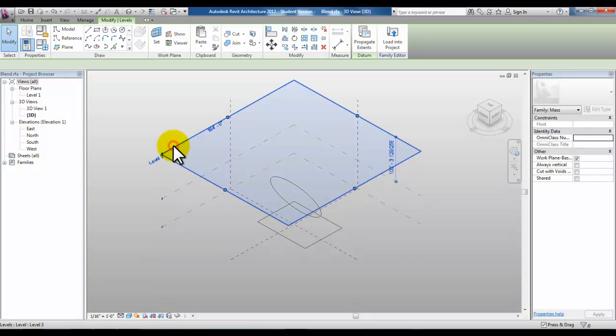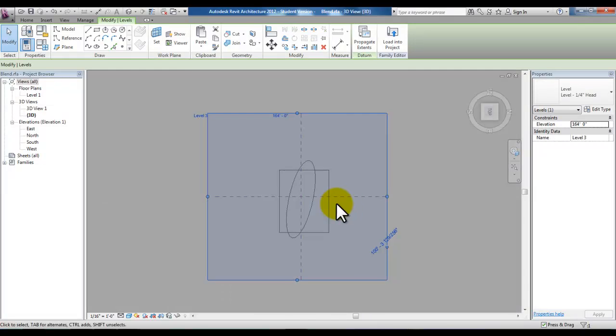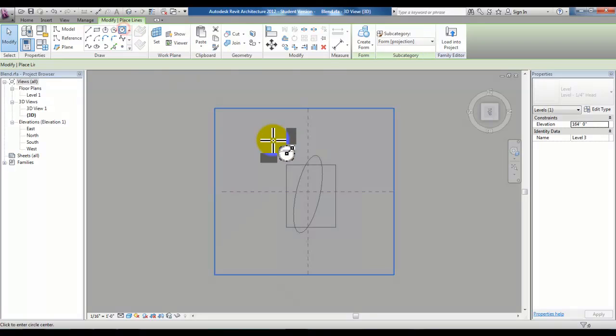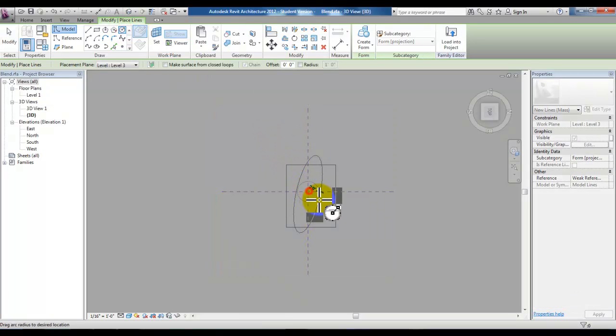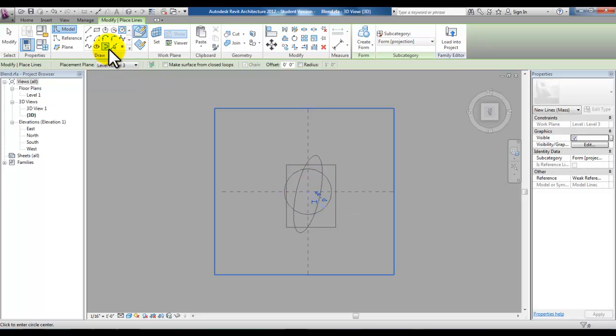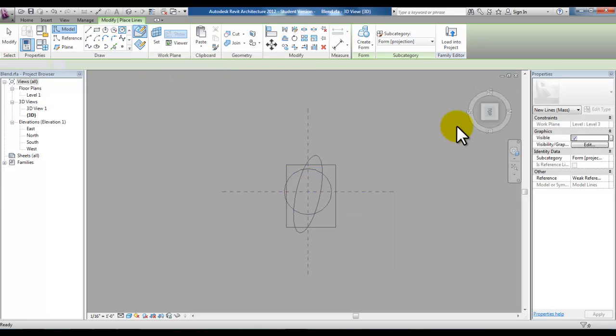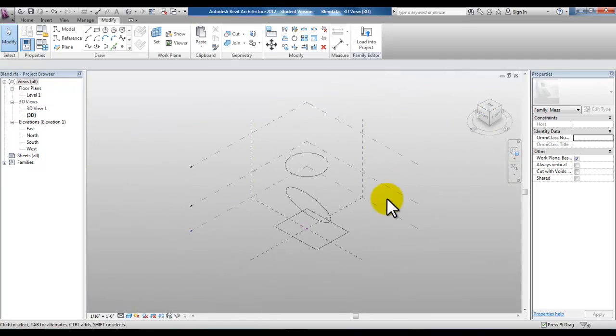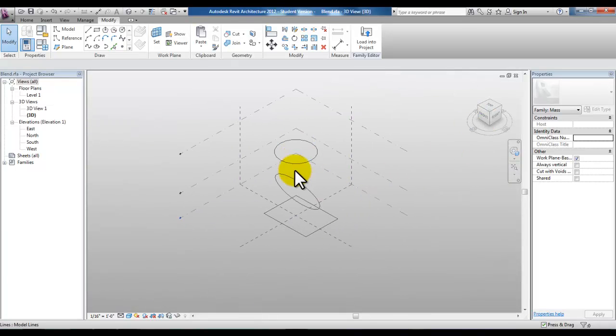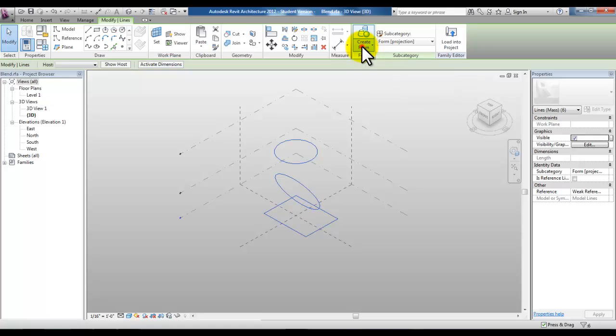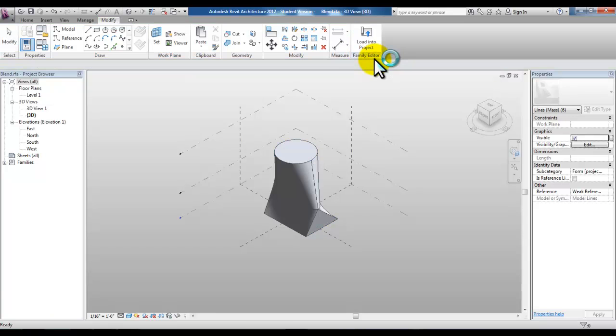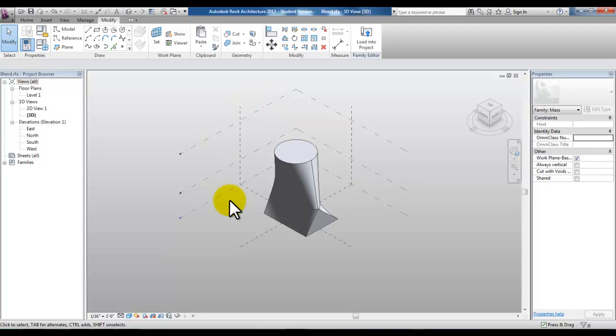Select the level 3 and go to the top view and draw, as a choice, a circle. These can be any types of profiles that we like in this draw panel. Going back to the isometric view, we've got our profiles that we can use. We can now select all 3 of those profiles, pick Create Form and Solid Form to create our mass form